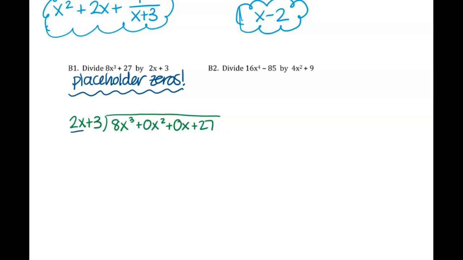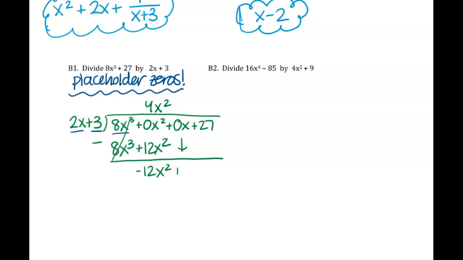So 2x times what equals 8x cubed? That's going to be 4x squared. So 4x squared goes there, and then 2x times 4x squared is 8x cubed. 3 times 4x squared is 12x squared. And so this is why we needed that placeholder, because otherwise when we got 12x squared, where would it go, right? There would be nowhere to put it. So now we'll subtract. Negative 12x squared, we'll bring down our 0x